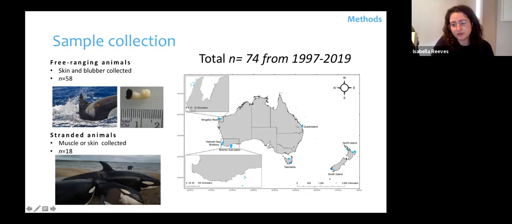So these were from North Island, South Island, so New Zealand, Queensland, Tasmania, and Midwestern Australia. So just depending on whether we collected muscle or skin, the quality of it depended on what type of tissue we used. But predominantly, I believe it was skin in the end. I'd just like to point out as well that although we had a total of 74 samples that we actually used for the genetic and genomic analysis, we did actually have samples from South Australia, which is where I'm based, and also Victoria, but just due to the quality of them, we were unfortunately unable to use them.